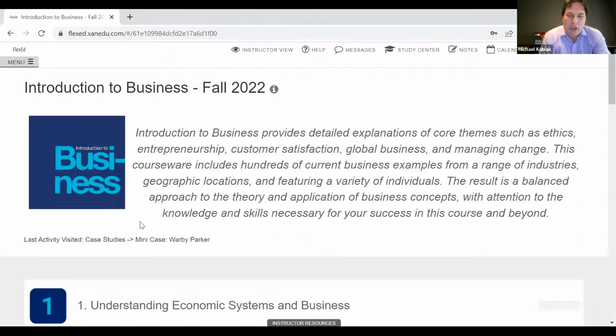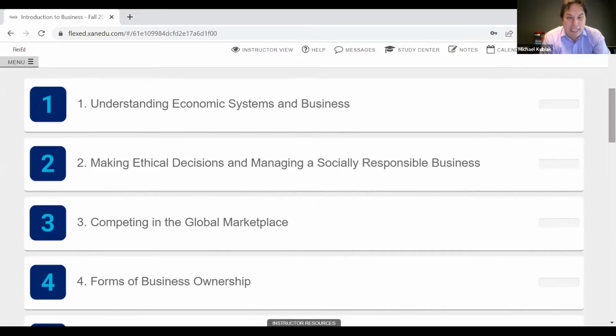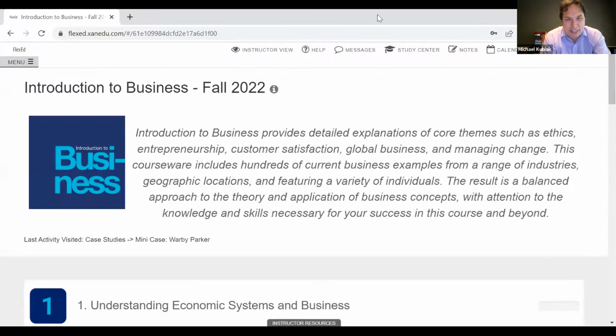A few other things to note right off the top. The courseware is, just as we mentioned, designed to be complete and have everything you might need. But to that point of flexibility, it is also fully customizable and easy to edit. So a couple quick examples. One would be if you didn't in your course cover all 17 chapters and there were a few that you did not want to cover, you can easily move those into, I'll do it as we're talking here. I just need to move my Zoom screen.